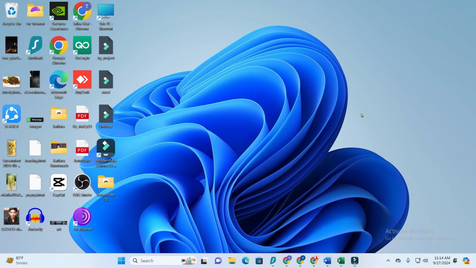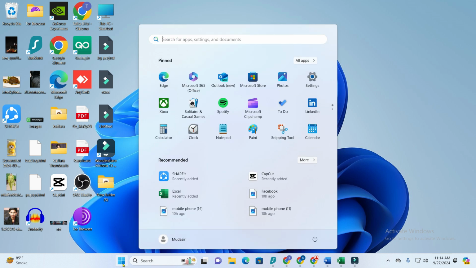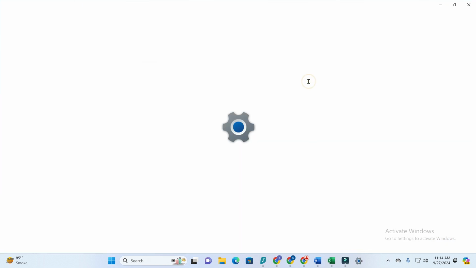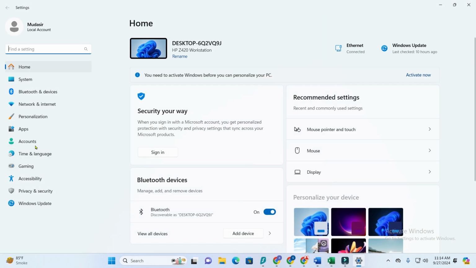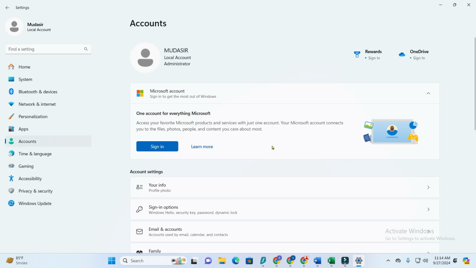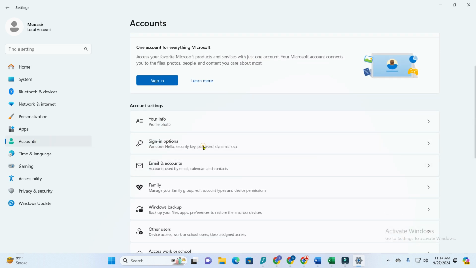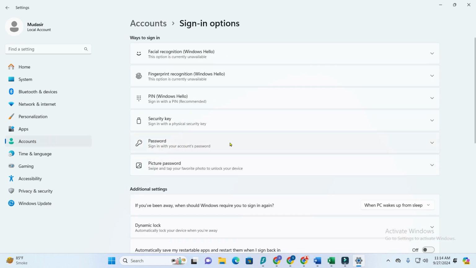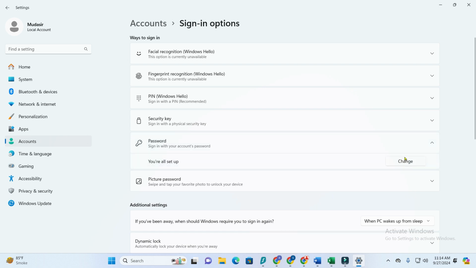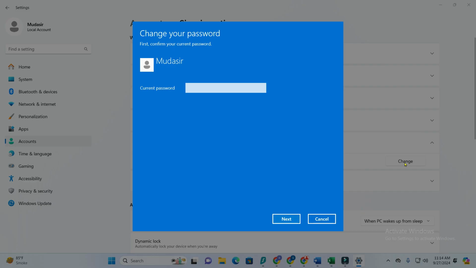So to change your password on Windows 11 or Windows 10, first of all you have to click on this window icon and click on settings. After that click on this accounts option and click on sign in options. And here you can see password, click on it, and here you can see change, click on it,